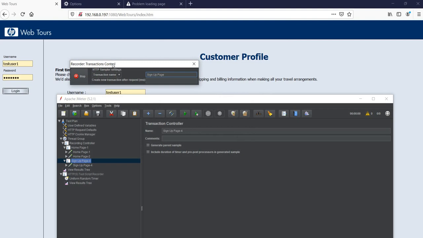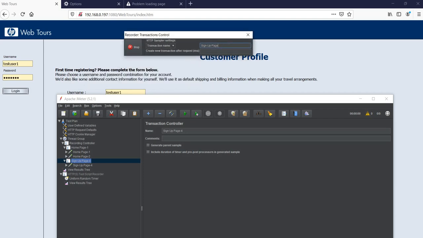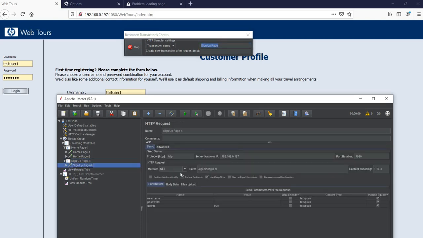If you use Apache JMeter 4.0.0, you will not find this window. You will have to give the transaction names manually, but now JMeter gives this visibility to type in the transaction names while you record the script. What is the advantage? You will come to know which request is going for what purpose.